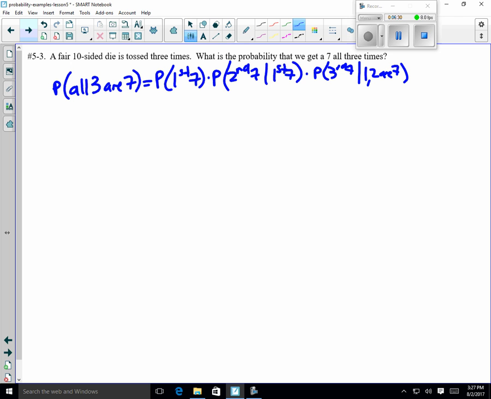Okay? Really, those should all be multiplied together, but they're also conditional probabilities, given that the things that had to happen first happened. But because the die tosses are independent,